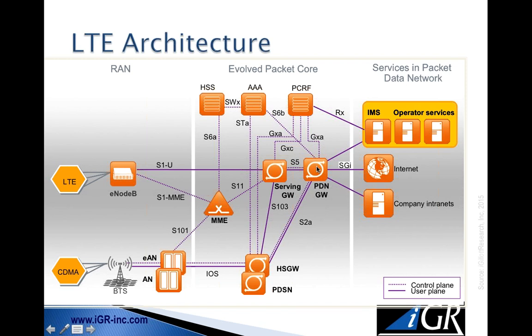That then connects back into the network, and the solid purple line here is where your traffic goes into a serving gateway and then into a PDN gateway. So think of the serving gateway as the local router where your traffic goes and then is directed into the rest of the network. Serving gateway, you would have typically 1 or 2 per major city. Whereas a PDN gateway is the roll-up. It's the multiple serving gateways connect into the PDN gateway. So in US terms, you would have 1 PDN gateway per state. In European terms, you probably have 1 PDN gateway per European country, maybe 2, something like that. That's kind of the scale.